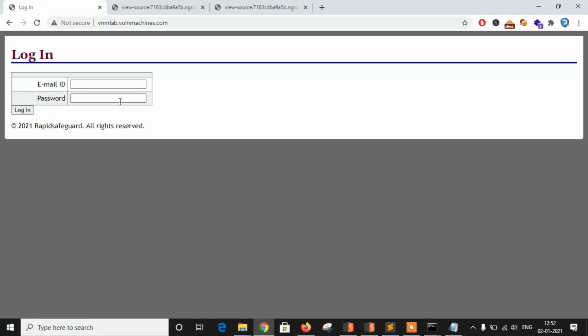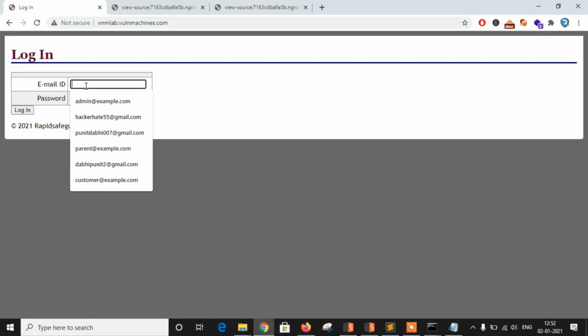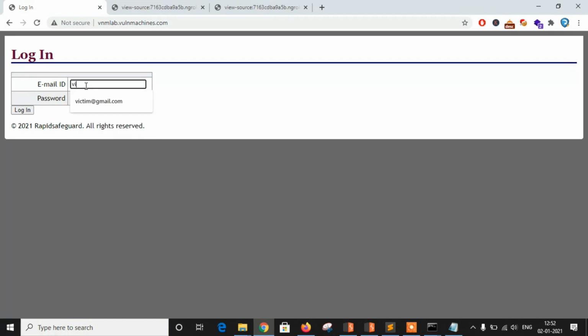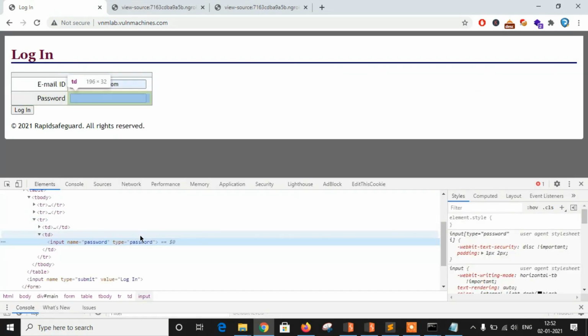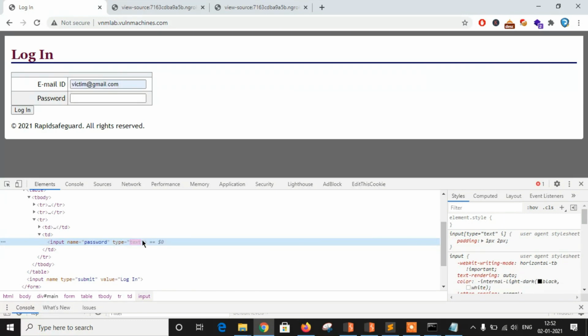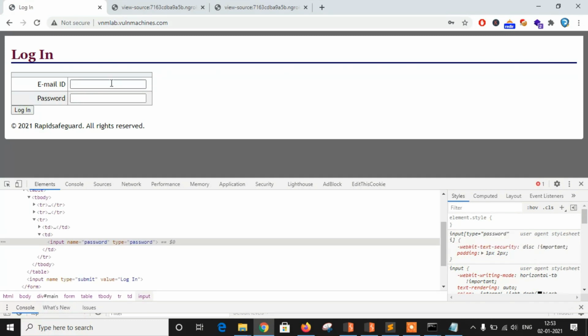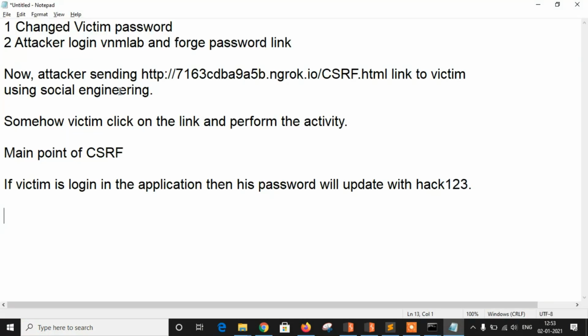Let's log in with victim@gmail.com, and I'm showing you the password here. First I give 1 2 3 4 5 6 and try to log in, but login fails because the attacker has changed the password to hack123.